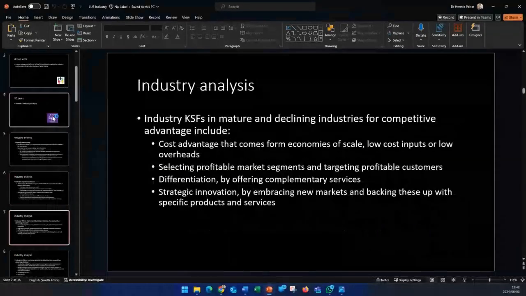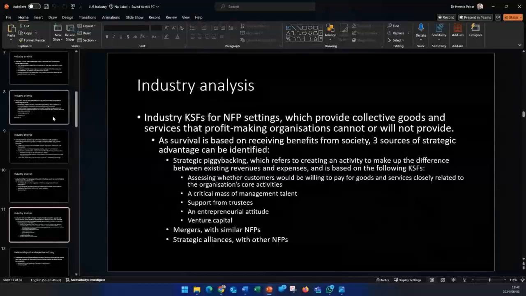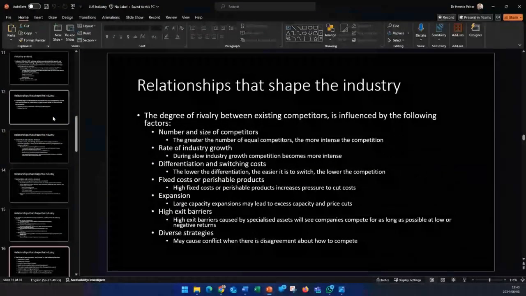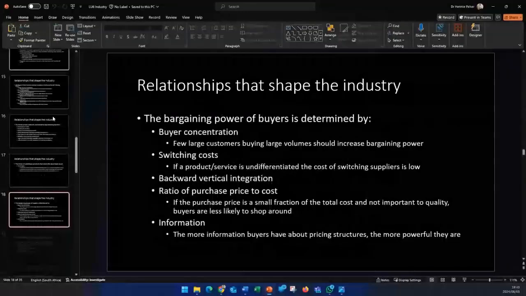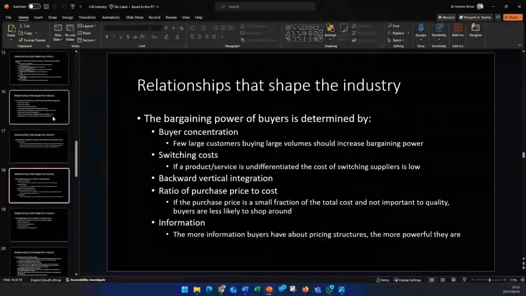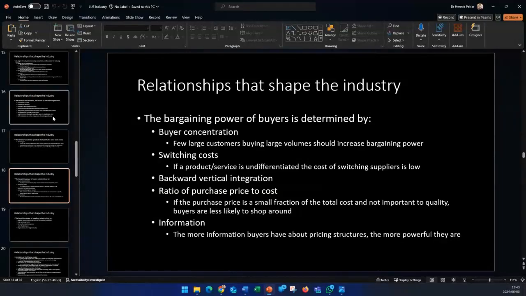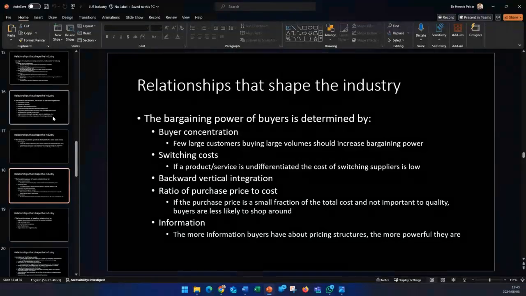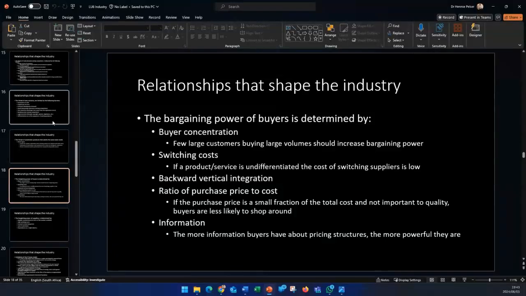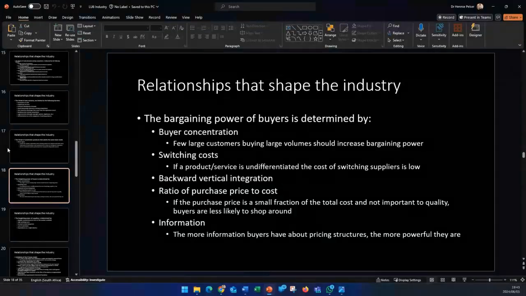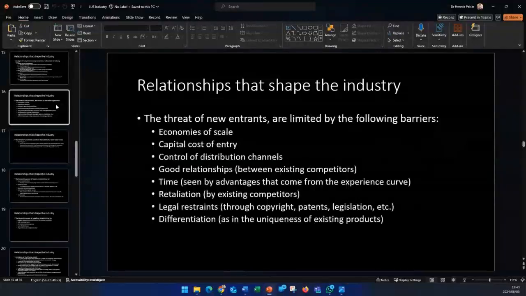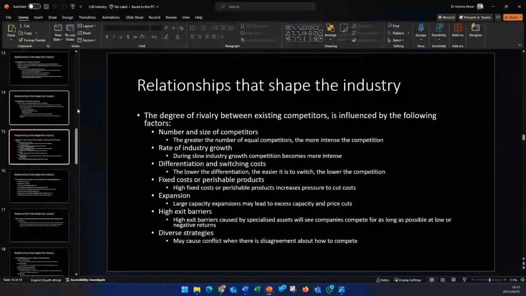So in terms of the industry analysis, the next force is the bargaining power of buyers, and obviously this is the influence that customers have over a particular organization. Also, when you have a significantly big customer, that customer can negotiate tough in terms of prices. So the first one that we have to look at is the bargaining power of buyers.